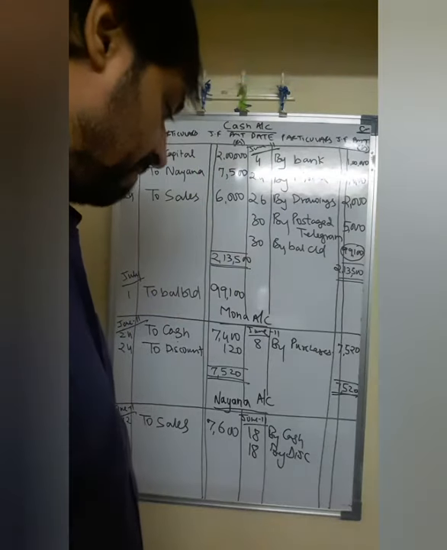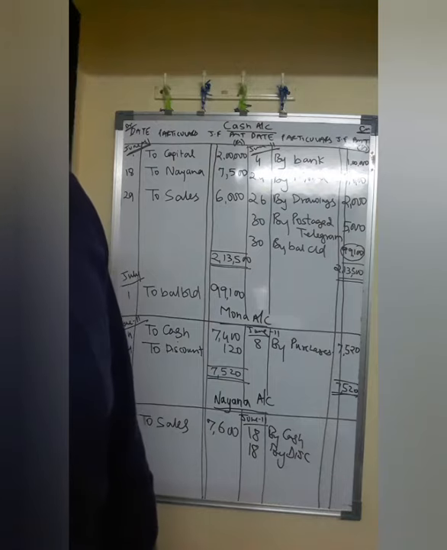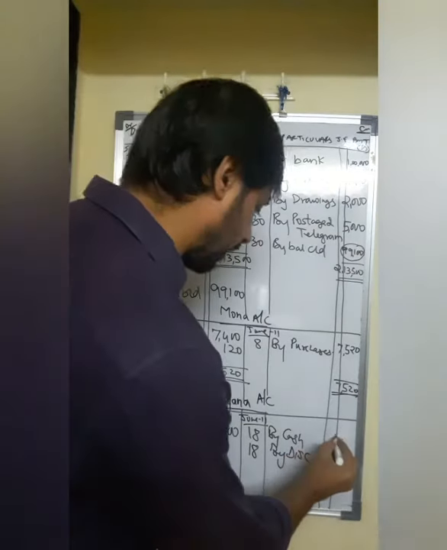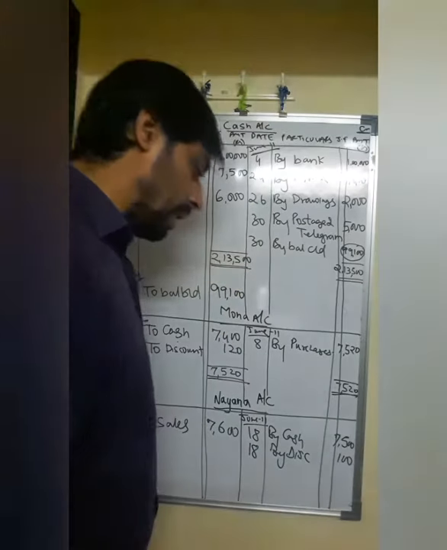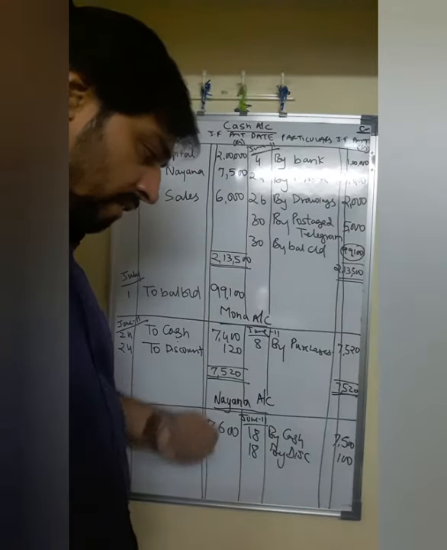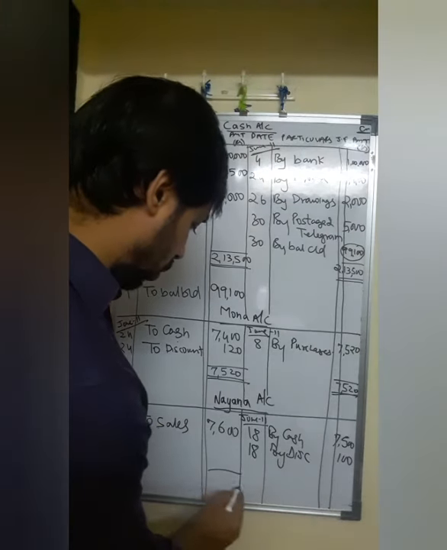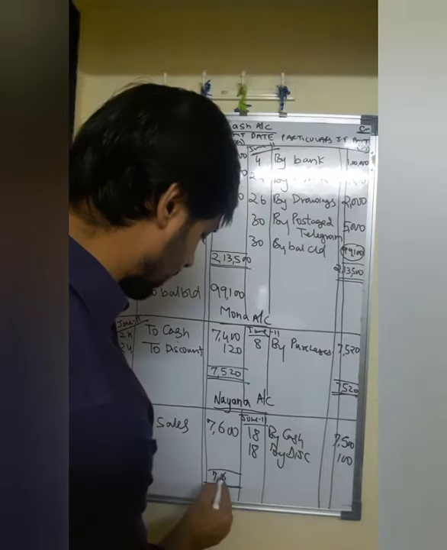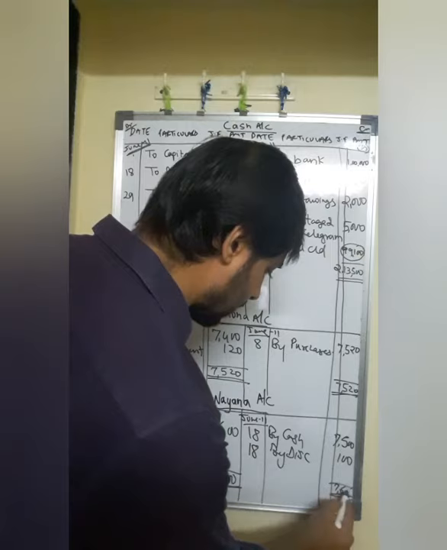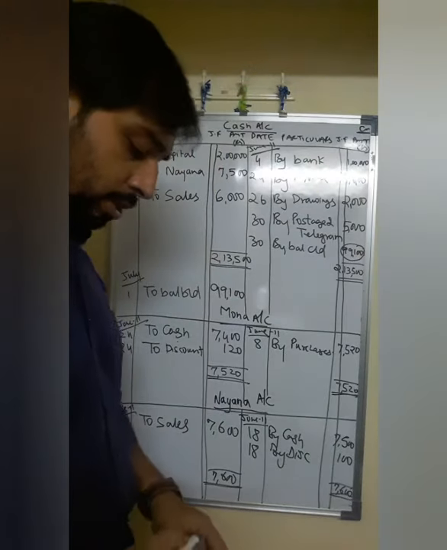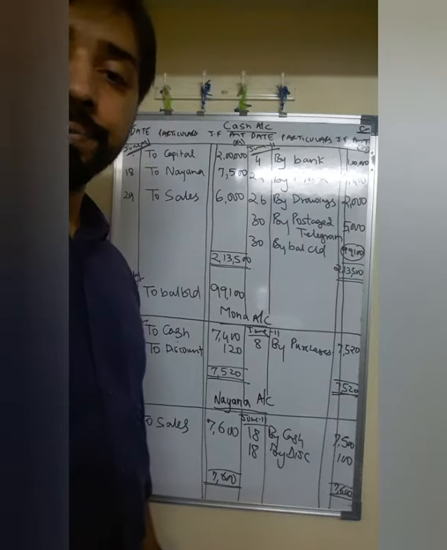That means we have received money from our customer Nena. How much cash have we received from Nena? 7,500. And how much discount have we given to Nena? That is 100 rupees. 7,500 we have received and we have given a discount of 100 rupees. If you total this out again, students, this ledger account also tallies in the end. 7,600, the ledger account tallies. That means in future no amount is receivable from Nena.